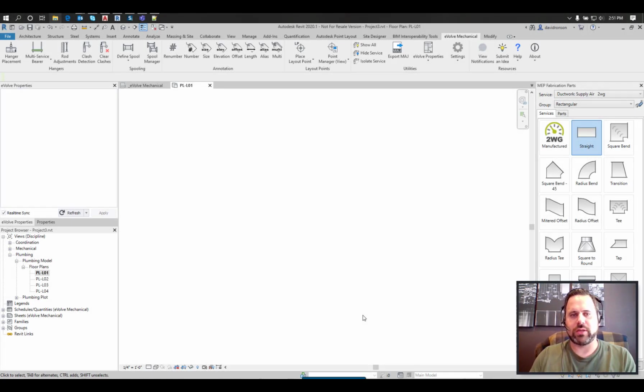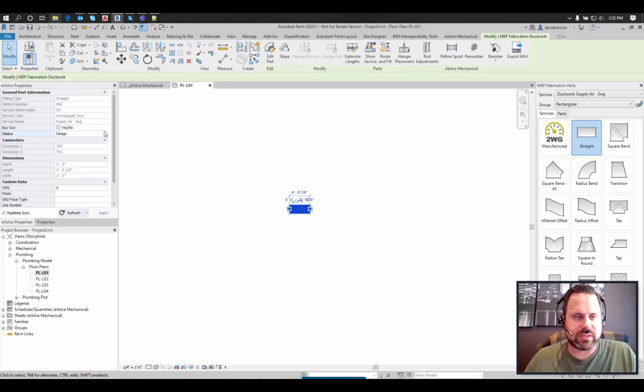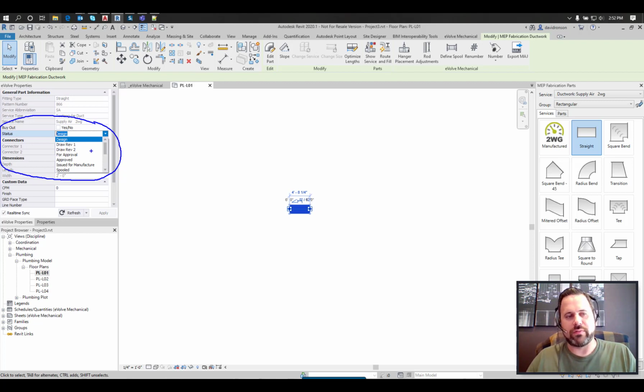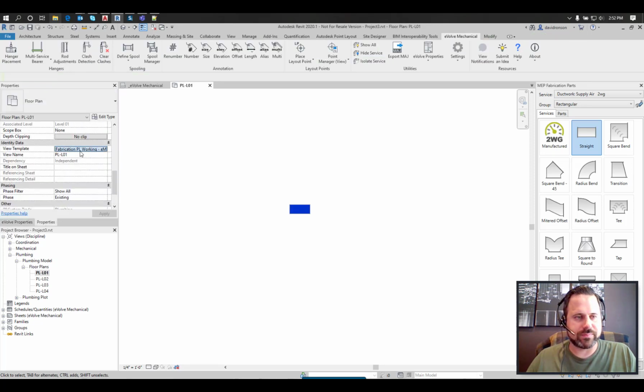What I want to talk about for this blog is colorizing your model based off of an eVolve parameter. So I'm going to place an element here, click on it, and let's say I want to create a view template to view my model by status. You can see here that eVolve is bringing in status, and we're listing out the statuses from your fabrication database. When you go to the view templates,